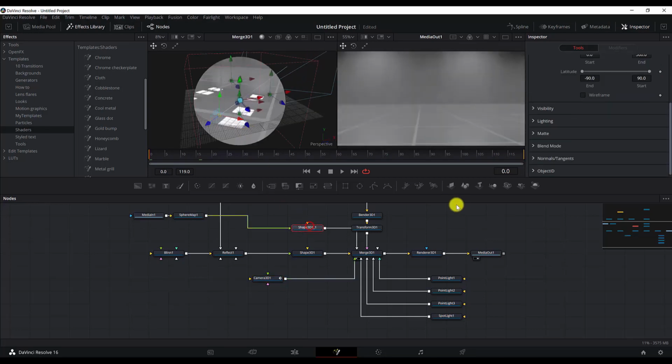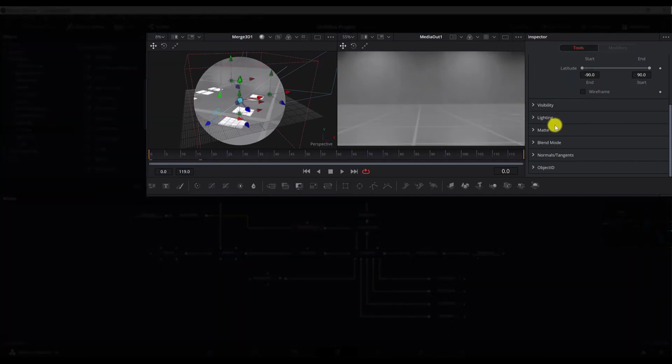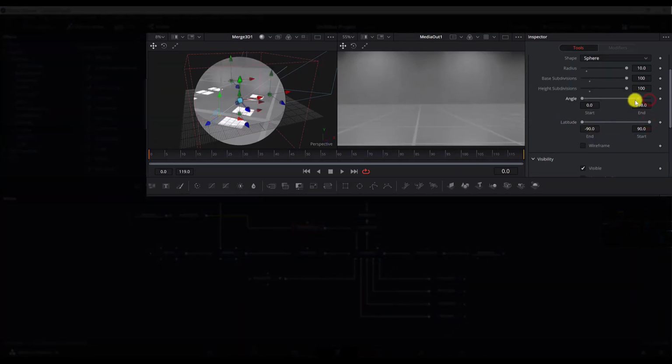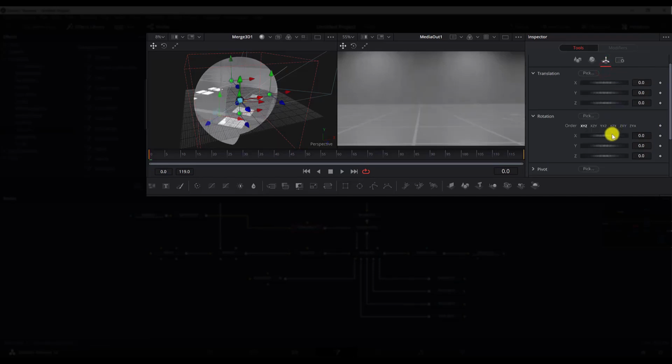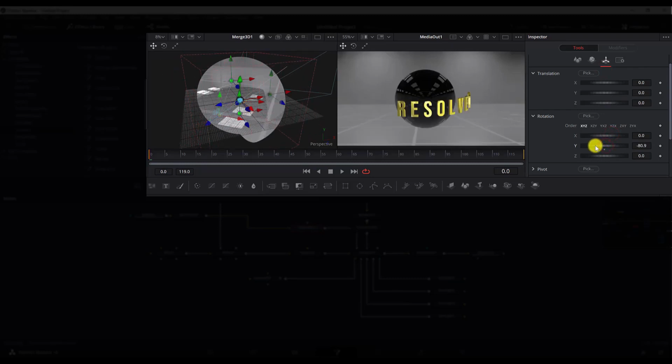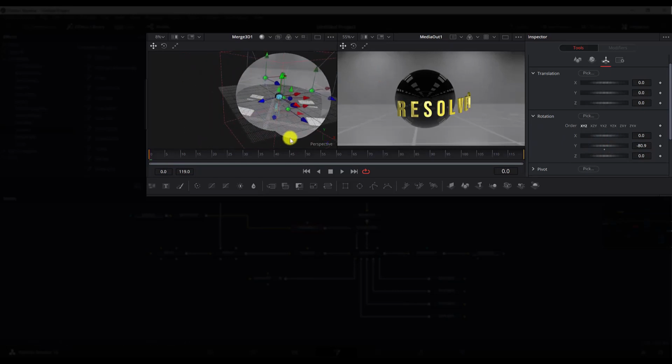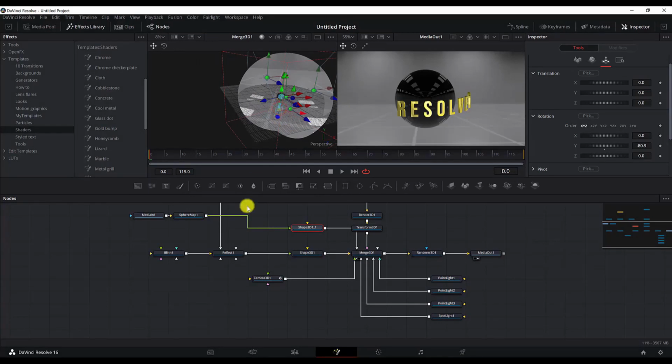Or one thing we can do is just go to this sphere 3D and we can change the angle, so that we don't see it behind. We can rotate it so that the environment map will only be seen in the opposite side of the camera and not back of it. And now if we move the camera, select the camera here,